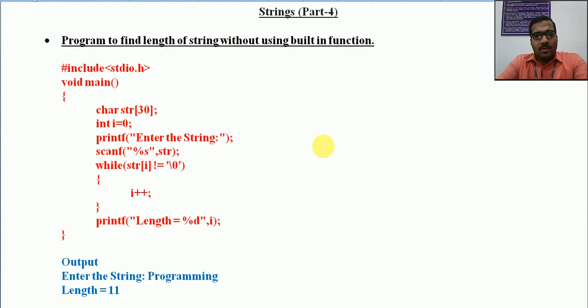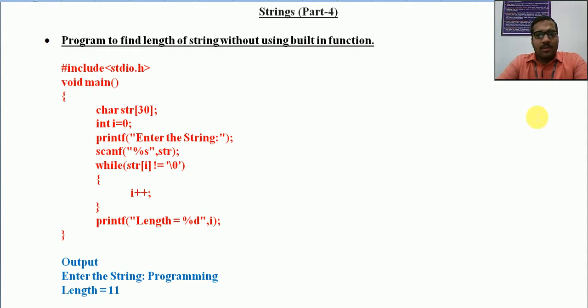We have already seen one more mechanism where we can easily find the length by using a simple for loop without any body, just by incrementing the iterative variable i or length until we reach the \0 character. That is another method for finding the length of a string.